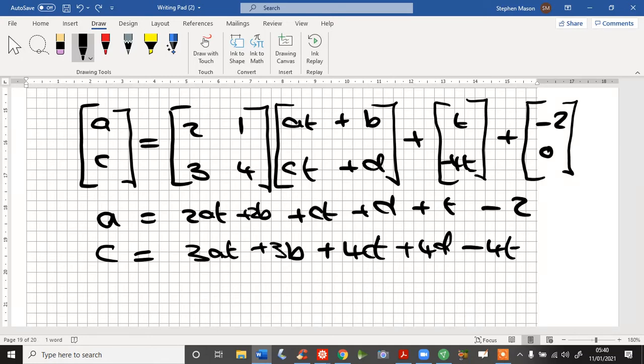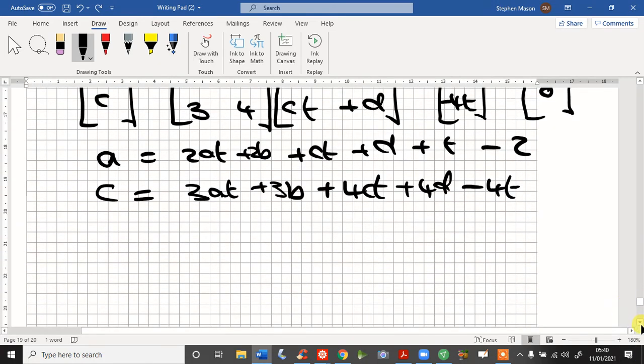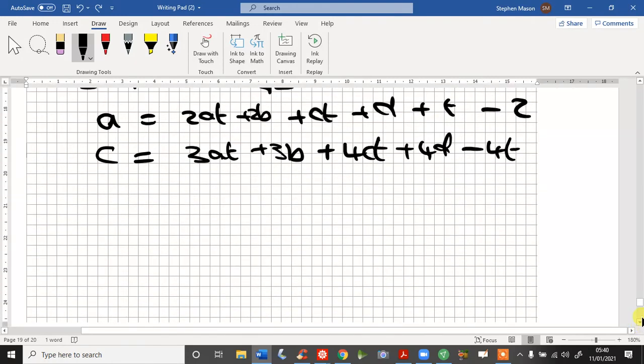So we've got 2at plus 2b plus ct plus d plus t minus 2 in the first row, and then we've got c equals 3at plus 3b plus 4ct plus 4d minus 4t plus 0. But we don't write the 0 in. Now I'm going to show you how to do this, but I won't actually probably solve the simultaneous equations, but basically